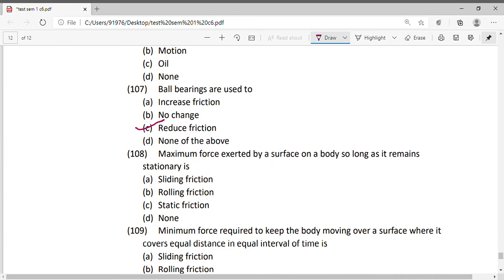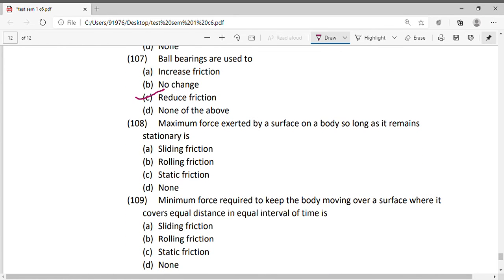The maximum force exerted by a surface on a body so long as it remains stationary. Now this is a definition for static friction. Suppose a box is there. The surface will try to hold it, keep it with it because of friction, because it's a contact force called friction on a body, so long as it remains stationary. So you're trying to push it, but it is stationary, it is not moving. Till the time it is not moving, the maximum force till it is moved,